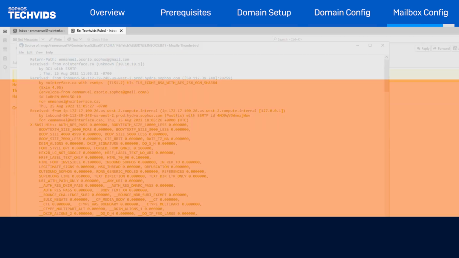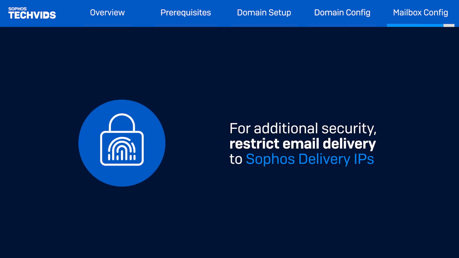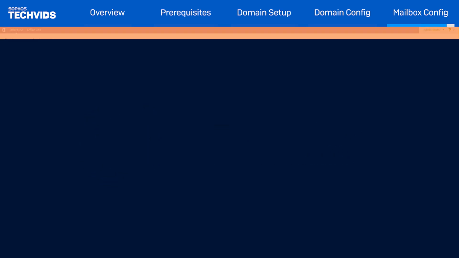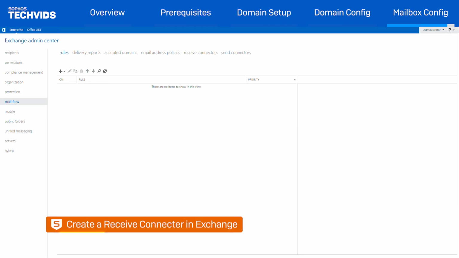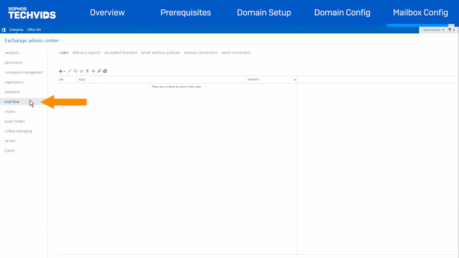For another layer of email security, we highly recommend you restrict delivery of emails to only Sophos Delivery IPs. This will ensure emails cannot bypass Sophos Central Email and must be processed and scanned by Sophos first. To do this, you need to create a receipt connector in Exchange. Go to Mailflow, Receipt Connectors,